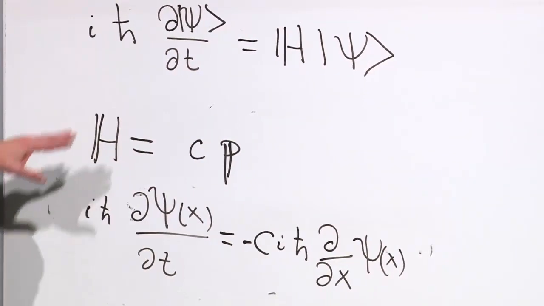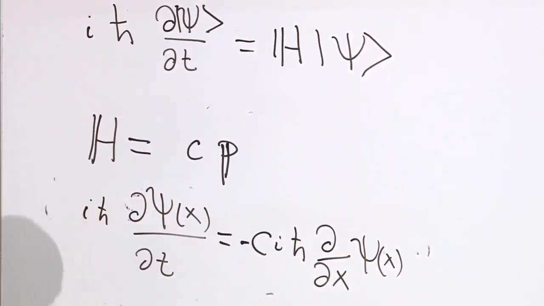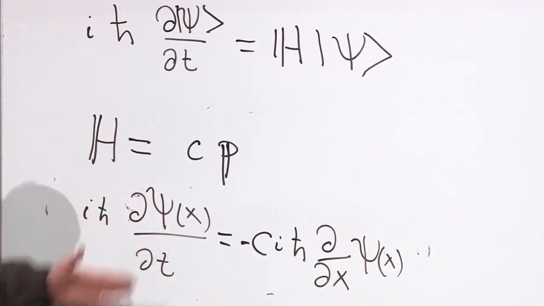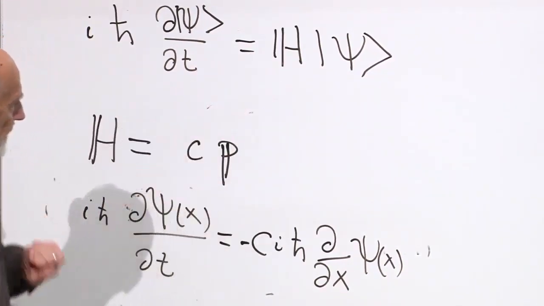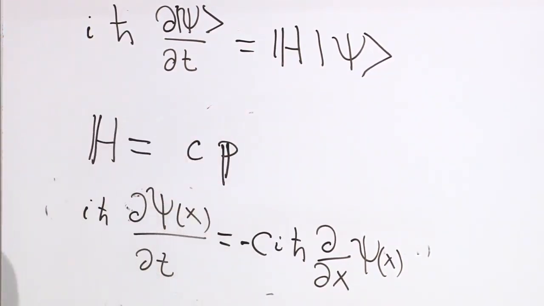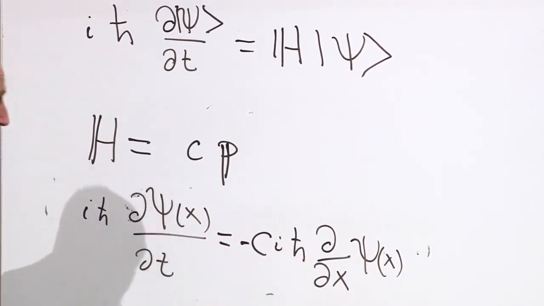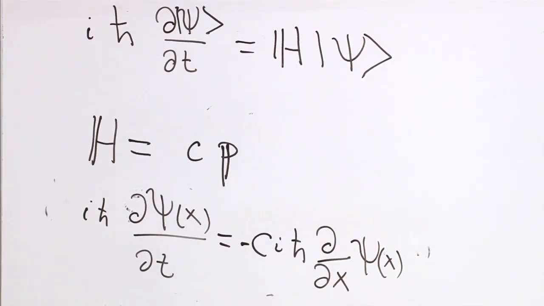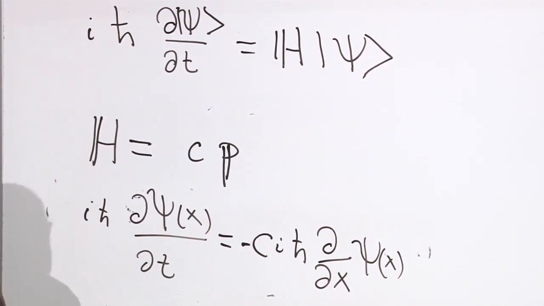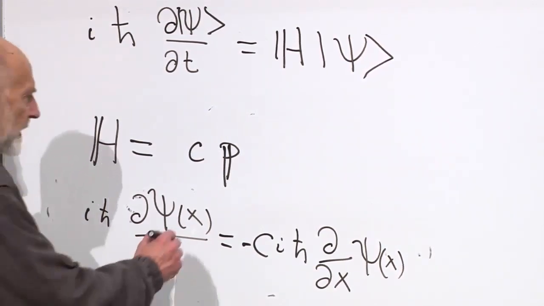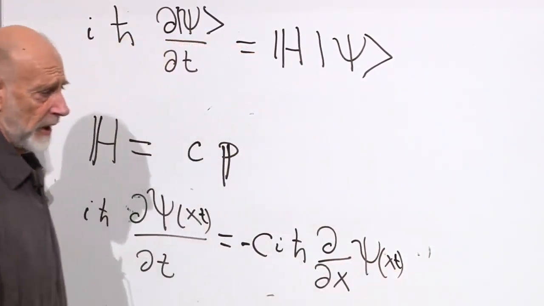Okay, what have I done? I've rewritten this equation in terms of wave functions. In other words, a concrete representation, psi of x, d psi of x by dt. And I've used here the assumption that the Hamiltonian is just equal to c times the momentum, and the momentum is minus i h bar d by dx. And of course psi is not only a function of x. What is psi a function of? Time. It's a function of time because in general a state vector changes with time, that's all.